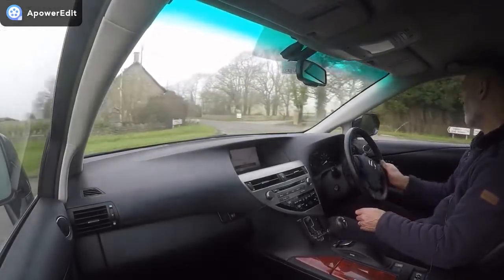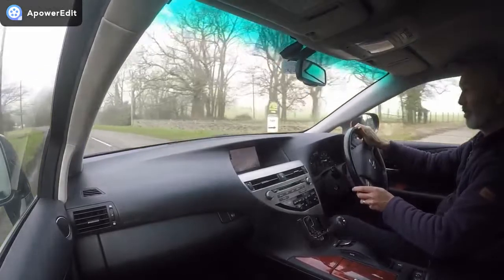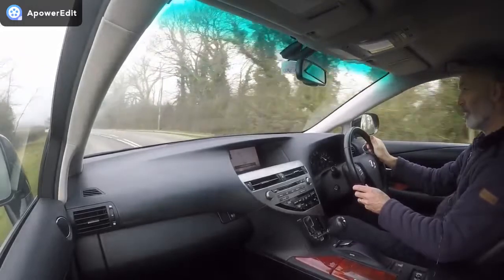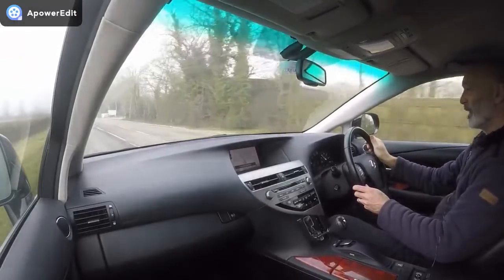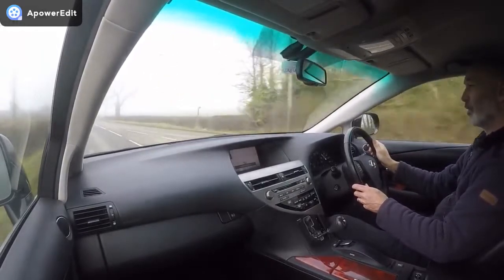Nice smooth pedal, lovely bite point, powerful. There's absolutely no vibrations or pulsing coming back through the brake pedal at all, so it all suggests some very good order. The vehicle has actually got an MOT until April, but it's going to go for a brand new